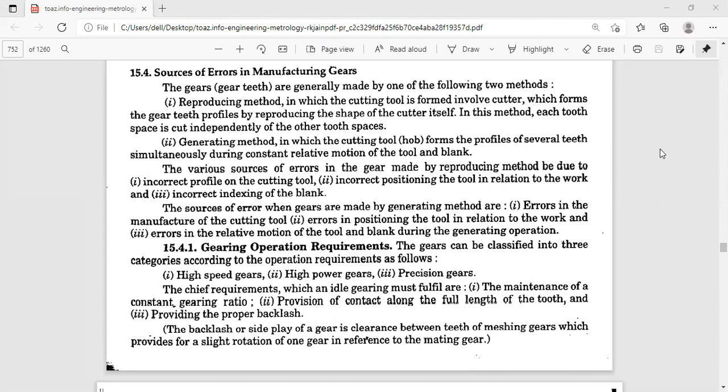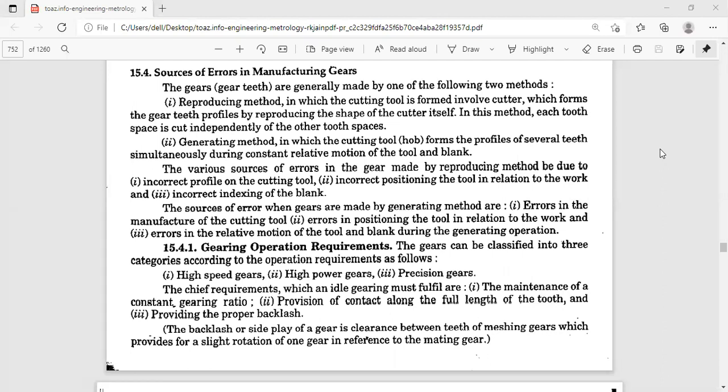3 or in some of the universities manufacturing process 3 or any other thing, if production technology or production drawing has been finished there, you might have known how a hob looks. So just try to have a look at the hob as far as the three authors are concerned, production drawing. That hob should be manufactured as per the drawing, because if there are errors in the manufacture of the hob itself or the cutting tool itself by the generating method, you have the errors in the gears.